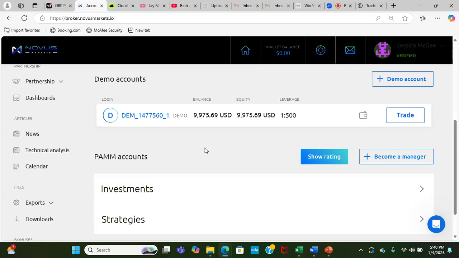So once you finish depositing your live account money, or if you're just making a demo account, and the demo account is fake money, but the real live markets. That's why I'm showing you guys this, because obviously it's an example. So once you get your stuff implemented and they send you your information to your email, you'll be able to come back up here. Once you come up here, you can click trade. Okay.